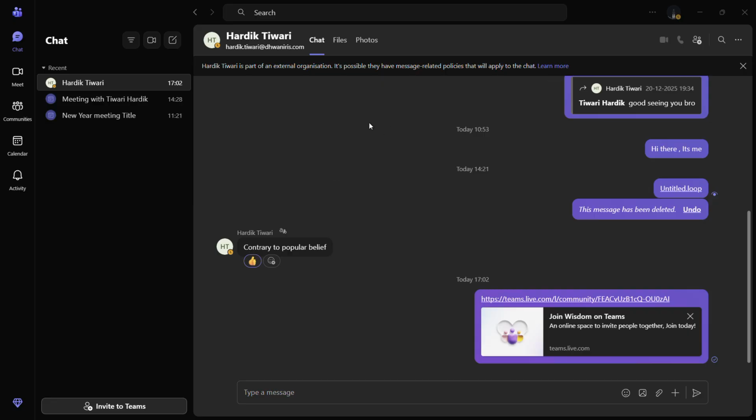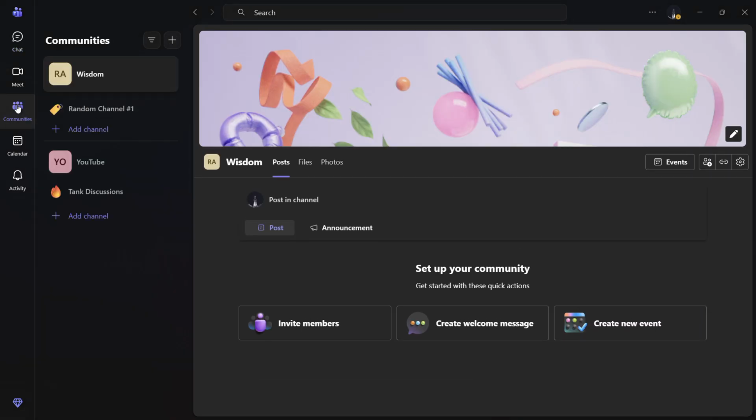So let me demonstrate. The first thing that we're going to do is click onto this communities tab over the left hand side, and once we do that, it will show you all of the communities that you are a part of, and you can choose that particular community in which you want to add an image. So for example, let's say I want to add an image for this particular community which is currently showing just